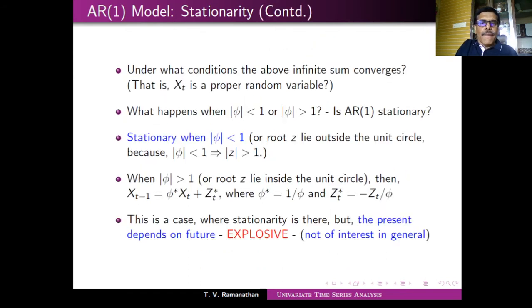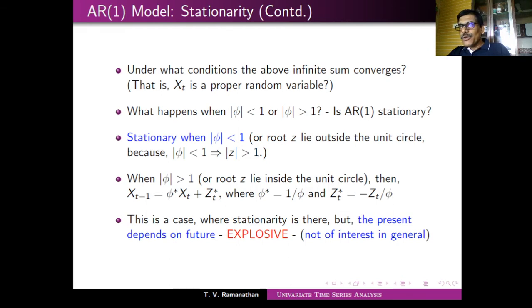So that's where, when you talk in terms of stationarity, when this happens, it essentially means that the root, in fact it has a single root, because that's a polynomial equation of degree 1. So it will have only one solution. That solution should lie outside the unit circle. It cannot lie on the unit circle, because we have seen that if it lies on the unit circle, it is going to be a random walk. So it has to lie outside the unit circle.